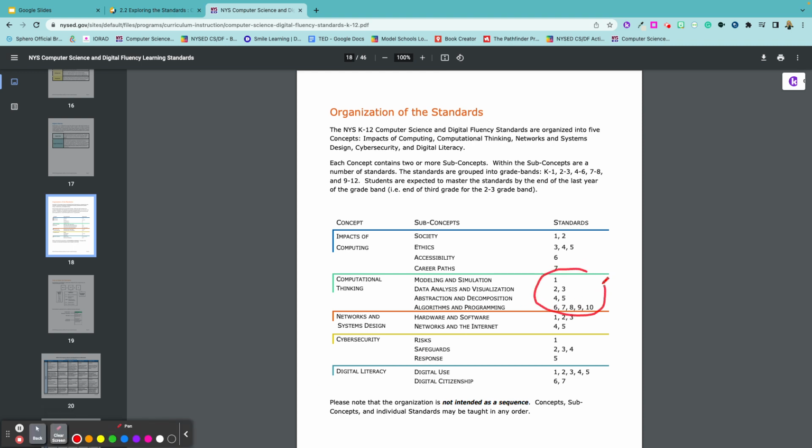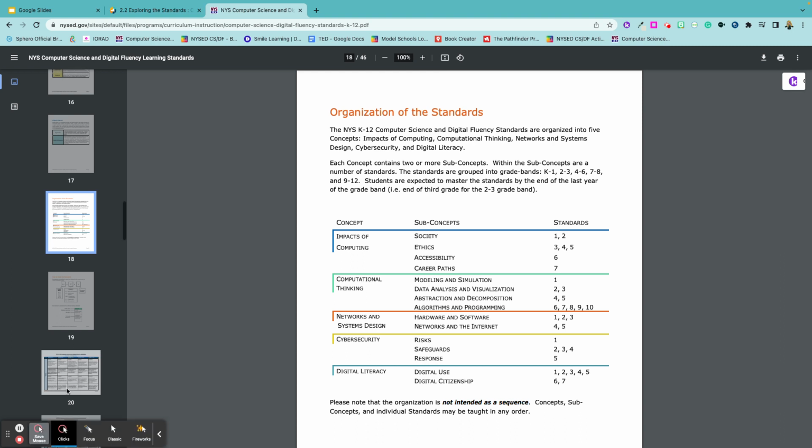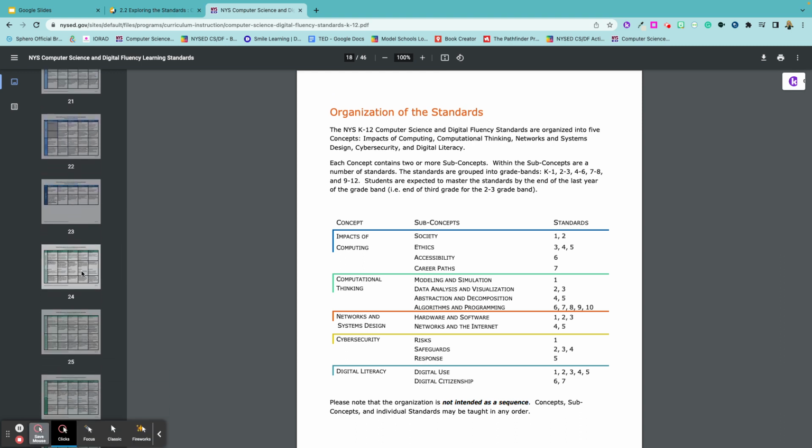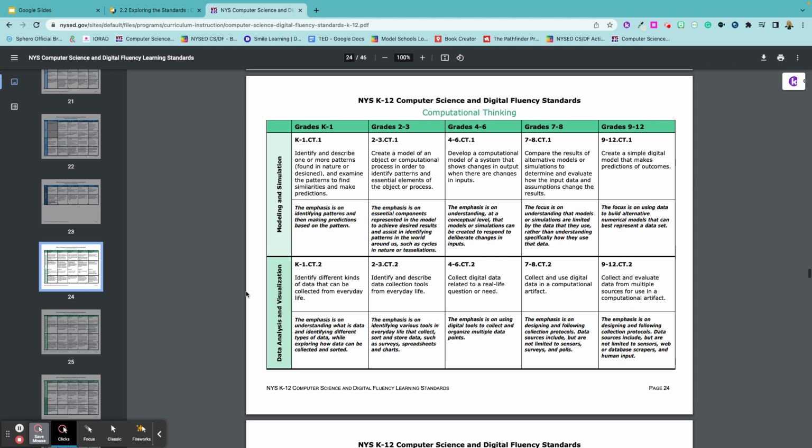Please also note that this is the largest of the standards. You'll note that there's 10 standards completely within this concept area. It is broken down into 4 sub-concept areas: modeling and simulation, data analysis and visualization, abstraction and decomposition, and then algorithms and programming, which are the largest area of the standards. Now what we're going to do is scroll down to the page that starts the standards, which is page 24 of your